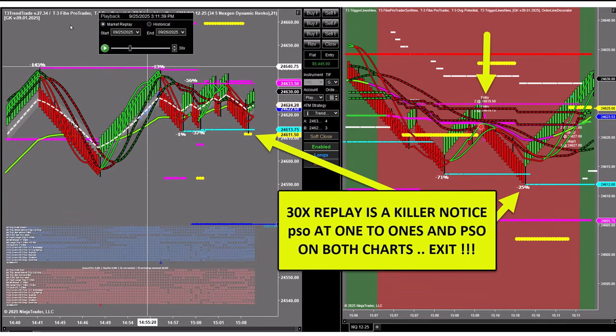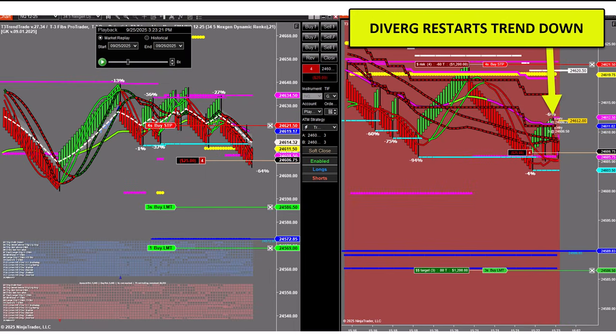And because my replay was at 30 times, it was a great short right up until the time it hit the one-to-ones and pivot stop out on the big chart, which was also a pivot stop out on the small chart. And I ended up losing money on it. Because the replay was just so fast. So it should have been a win, but it turned into a loss. So anyway,